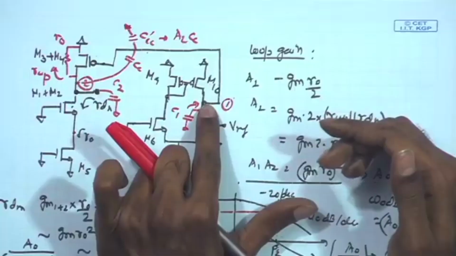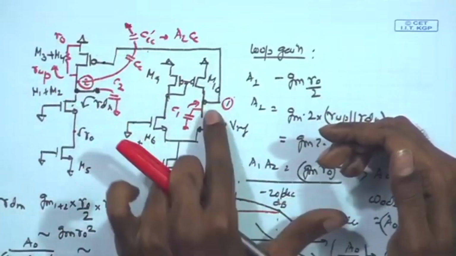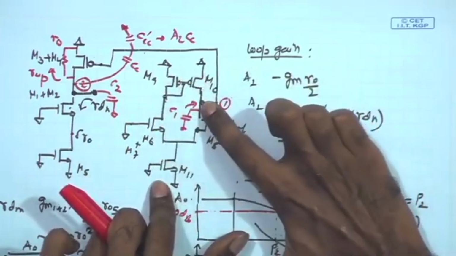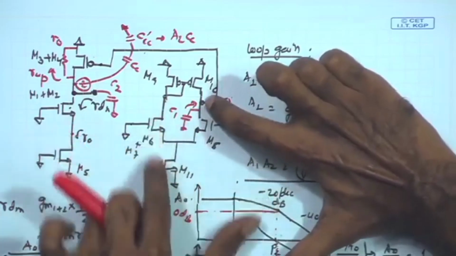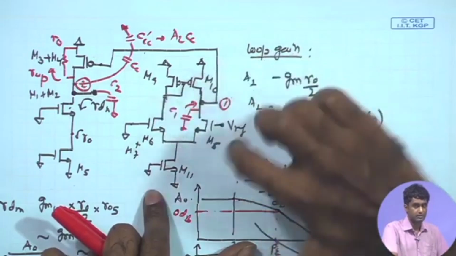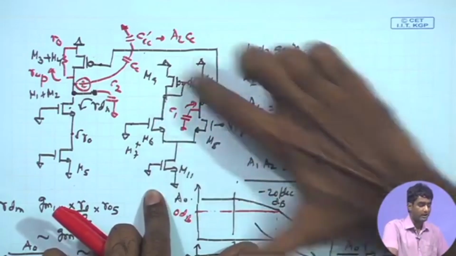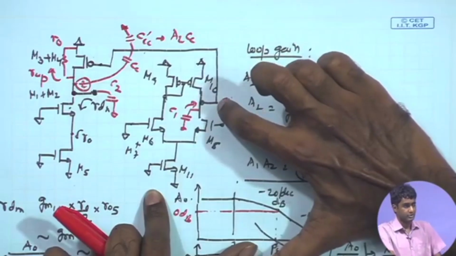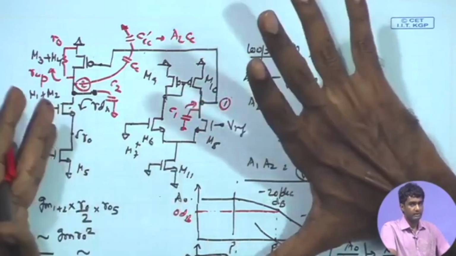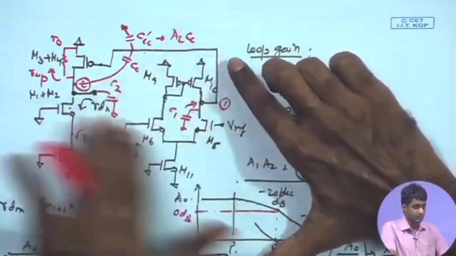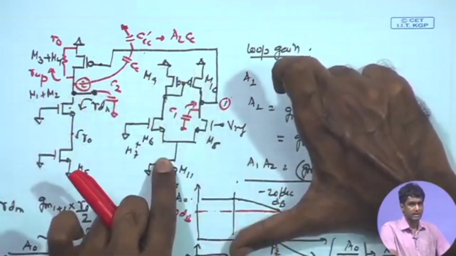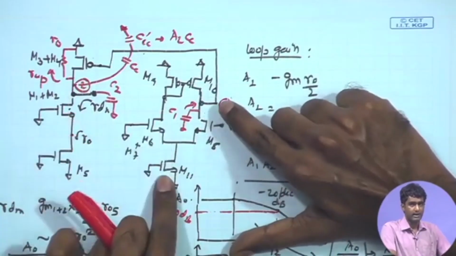For example, in this case, if you want to further improve the phase margin, you can try to make the impedance of the diff amp pretty high. If you want to make the RO of the diff amp pretty large by just reducing the bias current and increasing the channel length over here, then the RO over here will also become large, and apart from CC you also have a significantly larger RO as compared to the main amplifier. That way also you can make this dominant. To begin with, I have assumed that the ROs of this stage are similar to the RO of this stage, but that may not be necessary. You can intentionally make the RO of this stage much larger by applying larger channel length and having much lower